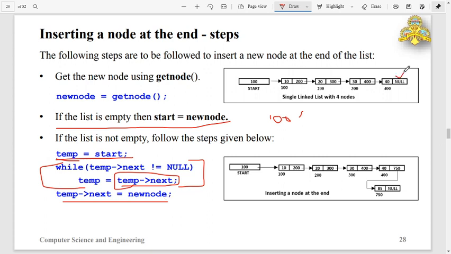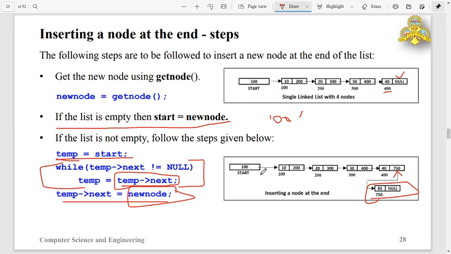At the 400th location, in the null field, I will store the address of the new node. I have already created the new node here. So that 750 is copied here. So the new node is inserted at the end.